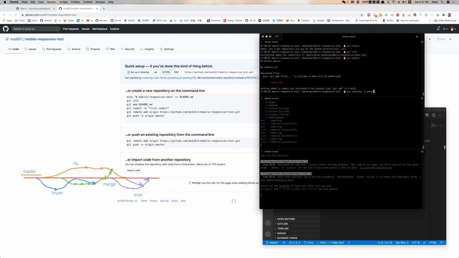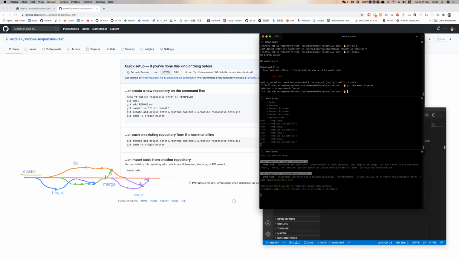Would this be different for Windows? No, it will be the same. Okay, you need to write this down. This is very important. If you don't write this down, you're going to forget it in your homework. So checkout with a new branch, that's git checkout -b Peter. Enter. So I just switched to a new branch, Peter. I just created it.